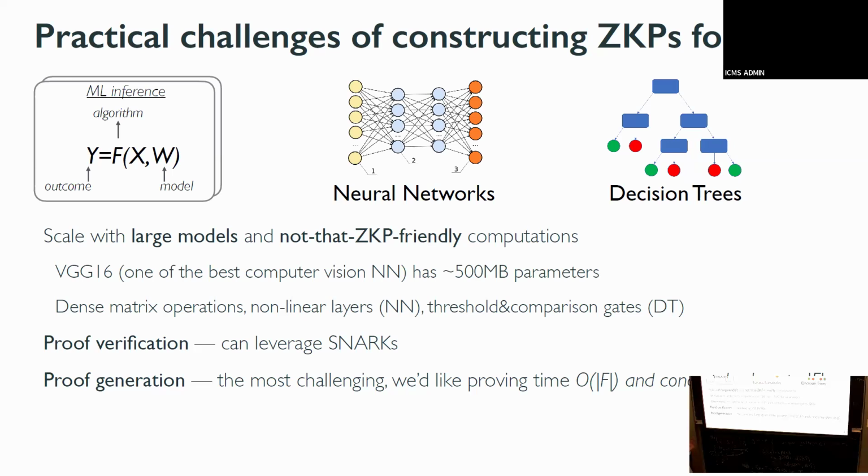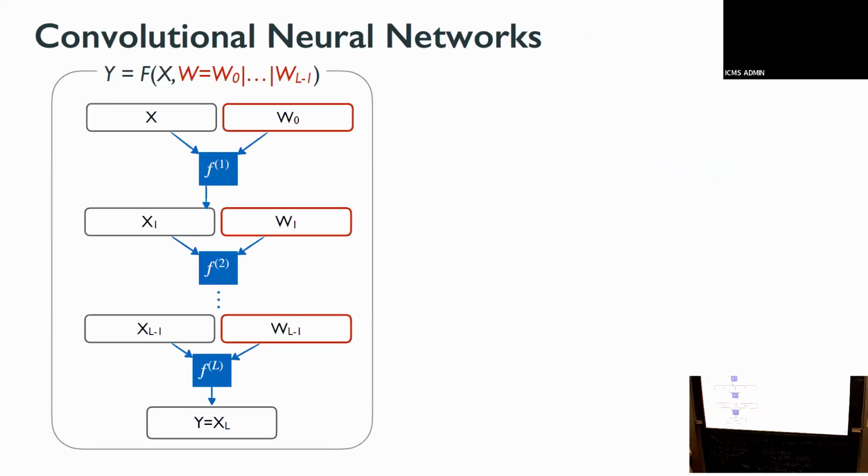Right, because if the algorithm is already expensive by itself, we would like to optimize this. And the solution that we are going to see is how to use special purpose zero knowledge proofs instead of general purpose ones. Okay, so let me now dive into the case of neural networks, in particular these of convolutional